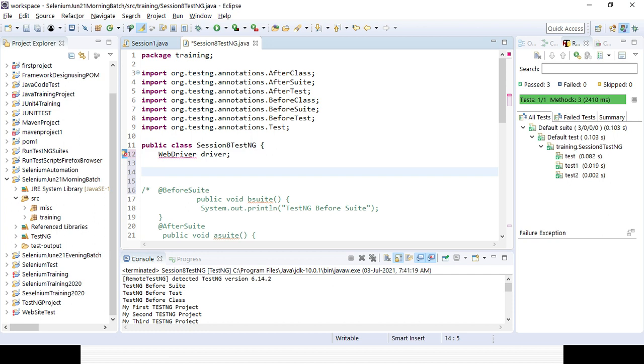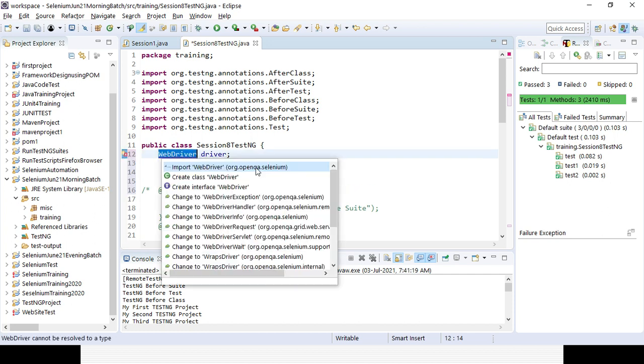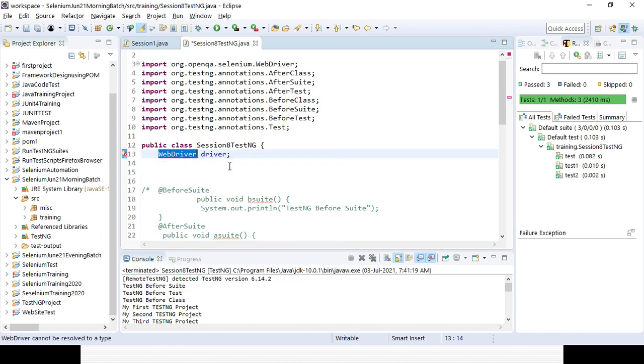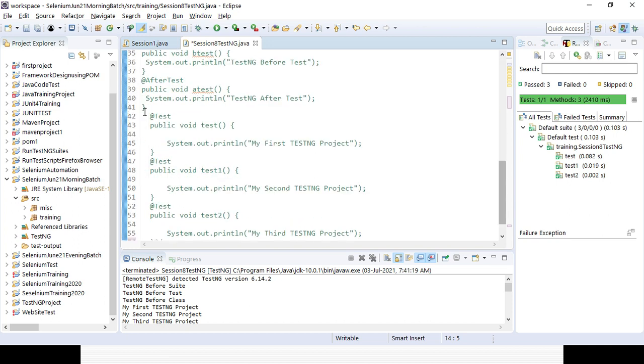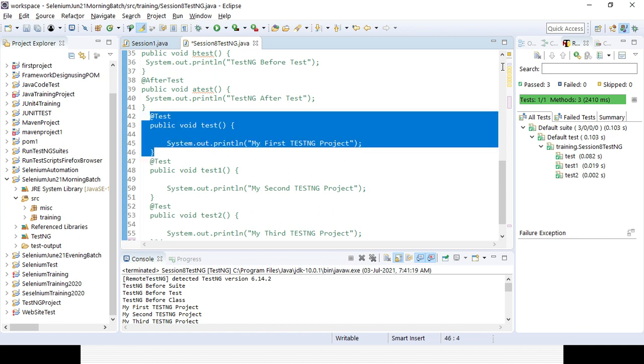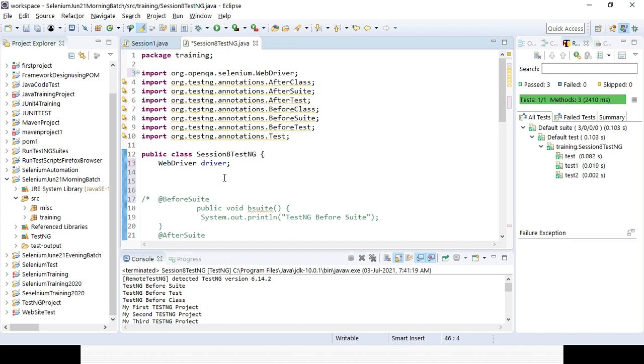I need to import the WebDriver interface from org.openqa.selenium, right? Then the same way I will be using the @Test annotation, because I will not be using any main method. So I will be creating a test case here with the help of the Test annotation.